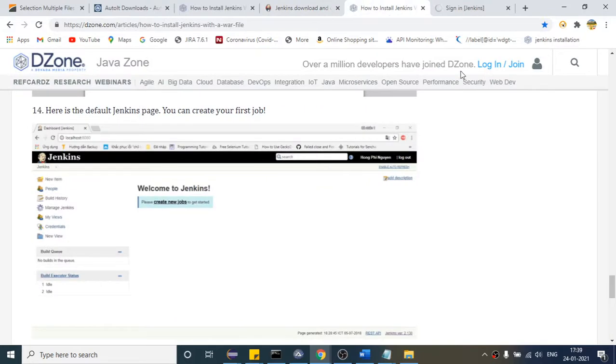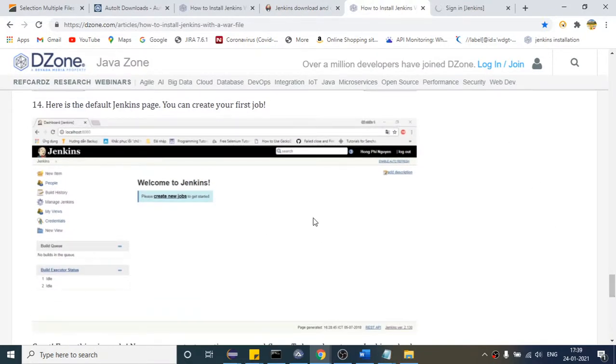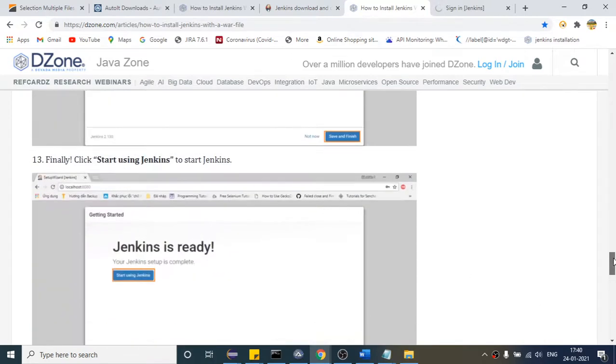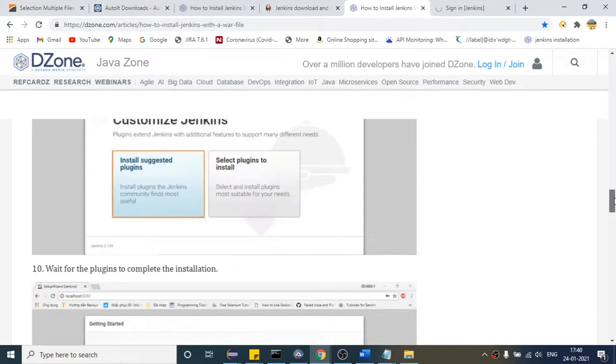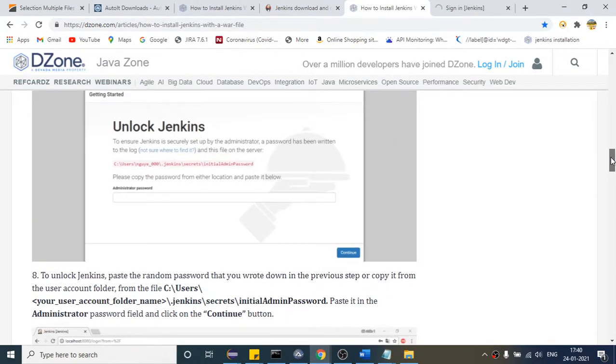Okay, so tell me, are you able to get how we can set up till this part? Sir, during the installation, we have to provide a username and password, right? Yeah, here it will ask like this. Okay, I will share this link in the classroom so that you can proceed.